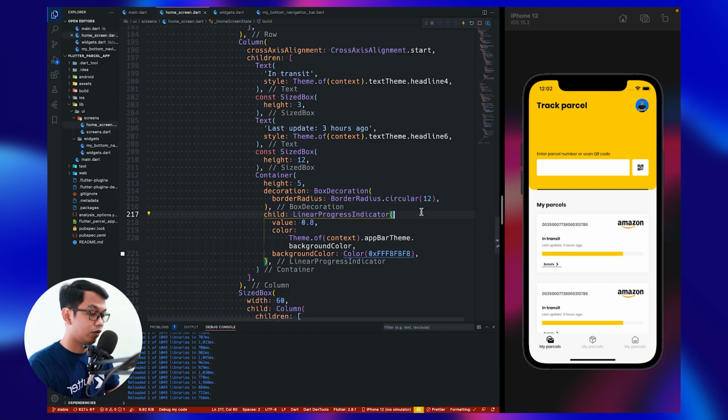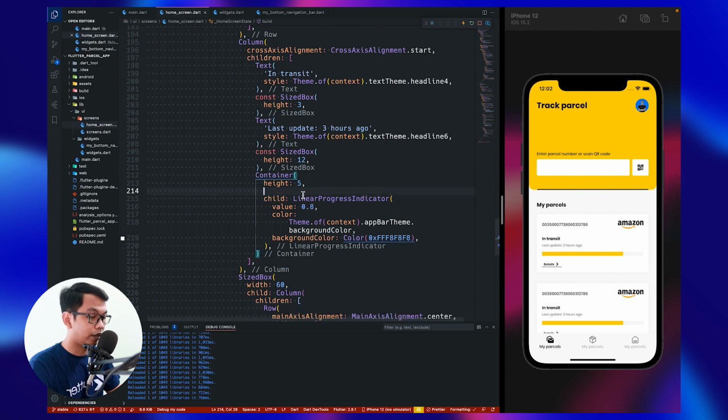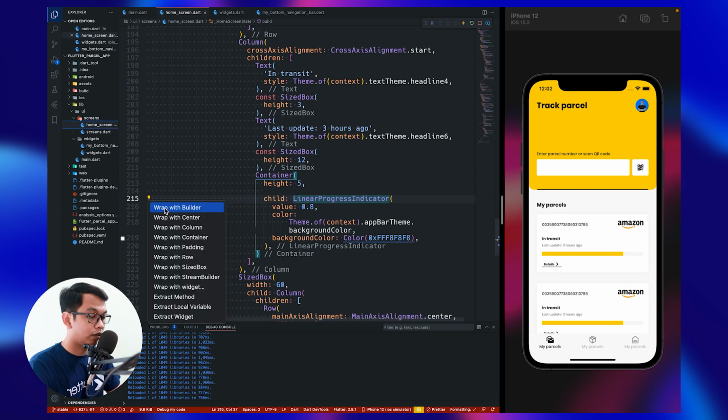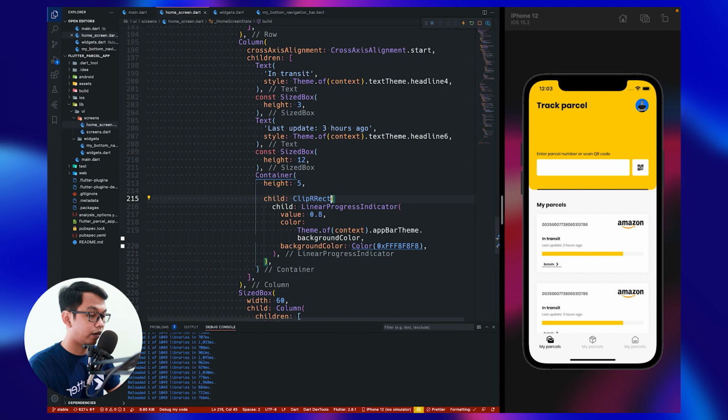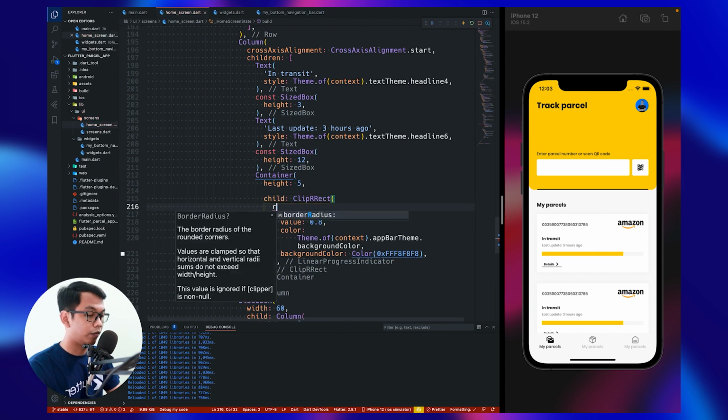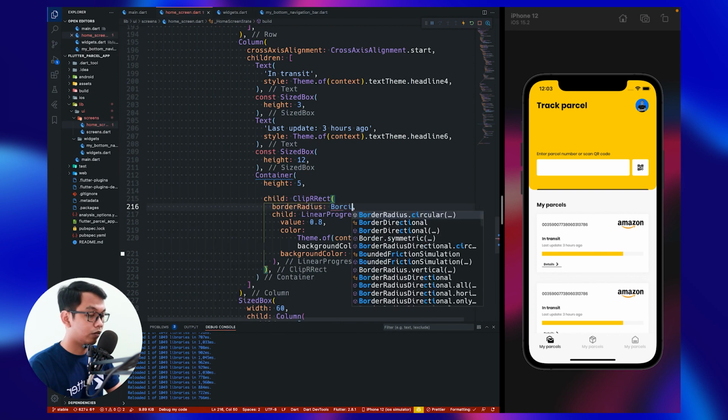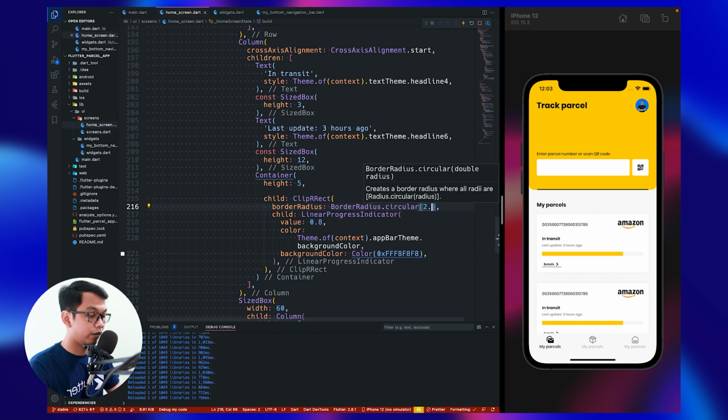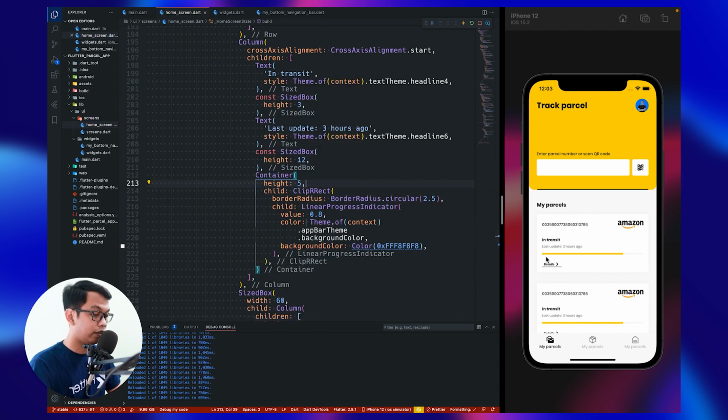I don't see, so I think we're not using decoration, we remove this, and we wrap our linear progress indicator using clip rectangle, and for the radius we use circular 2.5. Alright, so I think it works. We see it's kind of like rounded, but we just need to change this value.